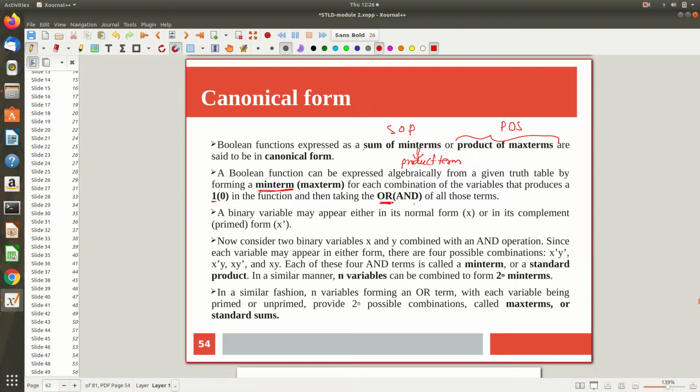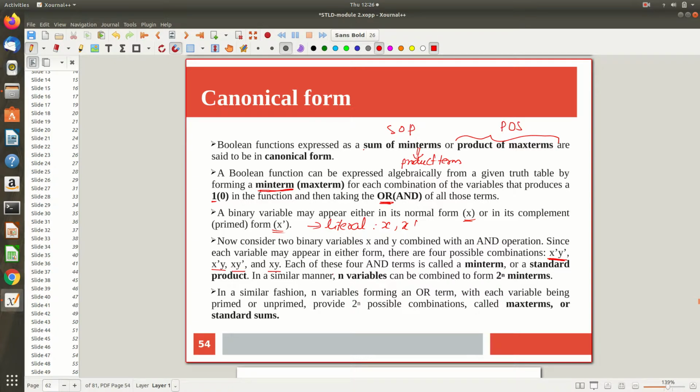Now a binary variable may be in the pure form, or it can be in the complemented form. This is in general what we call a literal. Literal means a variable in pure form or in complemented form, right? Now consider a two variable expression. Using two variables, how many min terms are possible? Both the variables can be 0, 0, just like a, b. Here the variables are x and y. X is equal to 0, y is equal to 0. The corresponding min term is x dash, y dash. This is 0, 1. This is 1, 0. This is 1, 1. Right?